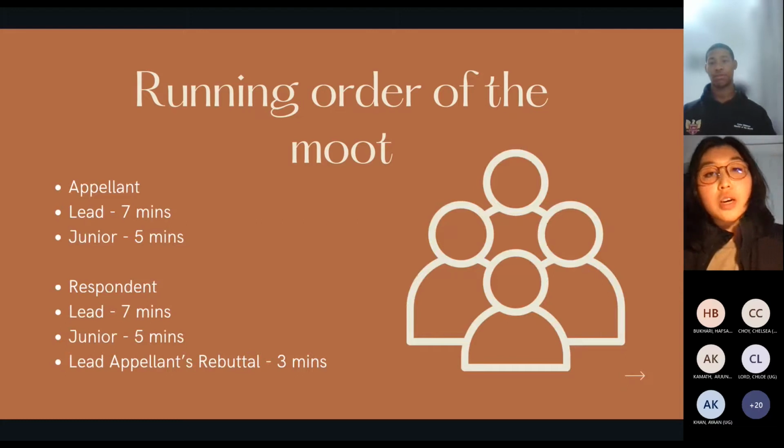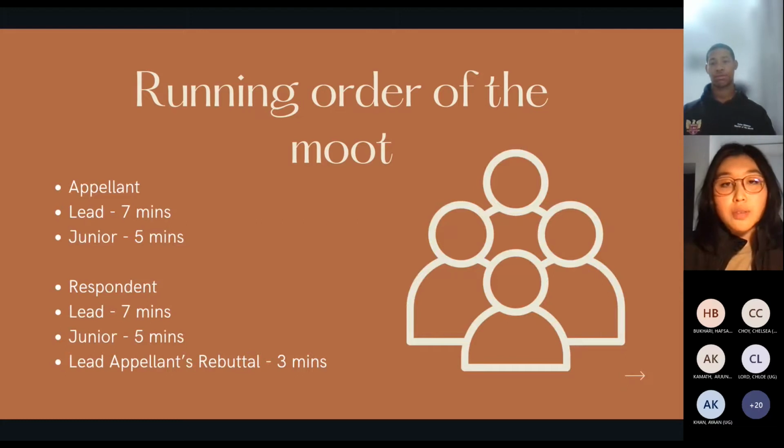So just a little refresher of how the moot is going to go. Obviously, you guys already received the email from Marin and Amalik. So your moots are all next week. The lead appellant will be 7 minutes. The junior appellant will be 5. The lead respondent will be 7. The junior will be 5, and the rebuttal is 3 minutes. Normally, the lead appellant will be giving a brief summary of the facts of the present case. You'll usually be given around 30 seconds or so to talk about what happened, to remind the court of what is going on.